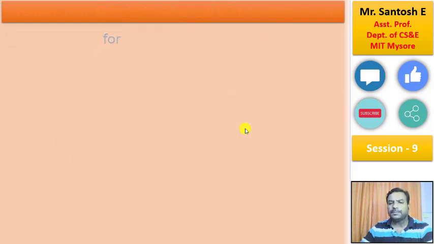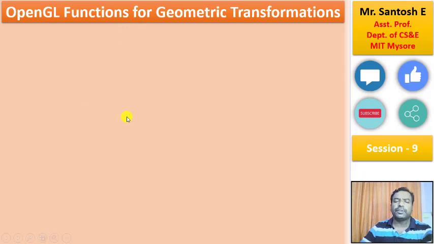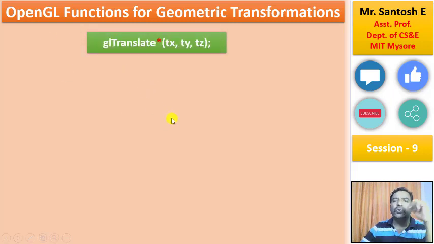So now with this, let's look at some of the OpenGL functions which we are going to use for geometric transformations. Whenever I want to use an OpenGL function for geometric transformation, be it translation, rotation or scaling, whatever transformation you need, you are going to have an OpenGL function for that. Hence the first function is for translation, which we are going to call glTranslate. And right now don't worry about the star, I'll tell you exactly what it should be replaced with.